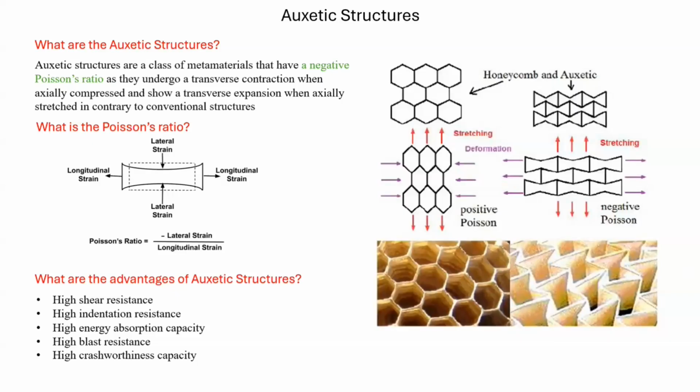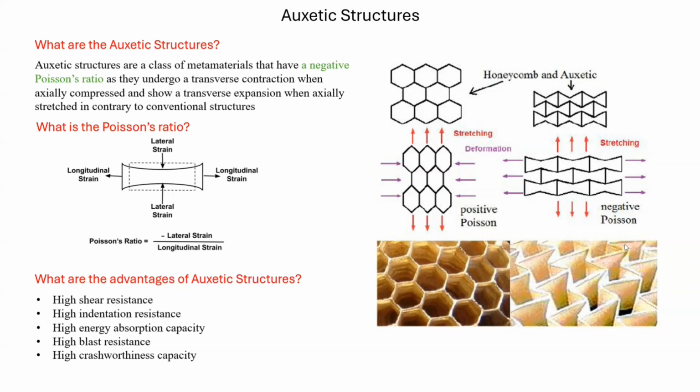Hi everyone. In this video, we are going to talk about auxetic structures. So what are the auxetic structures? Auxetic structures are a class of metamaterials that have a negative Poisson's ratio. So as they undergo transverse contraction when axially compressed and show a transverse expansion when axially stretched, in contrary to